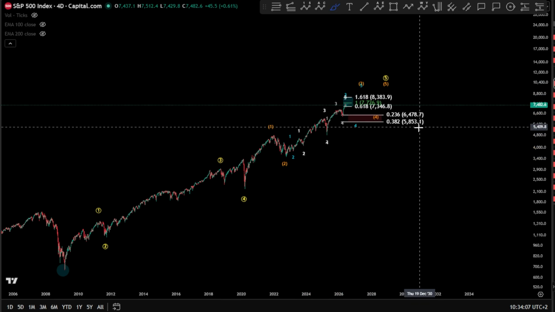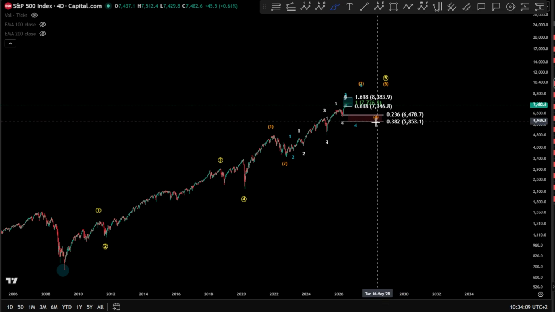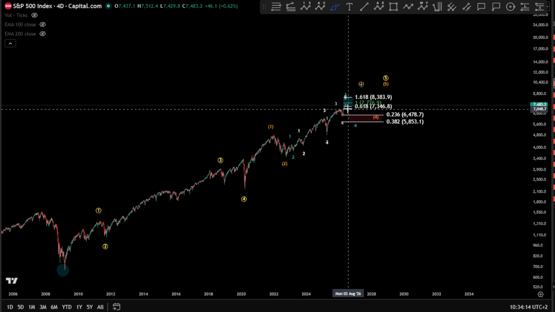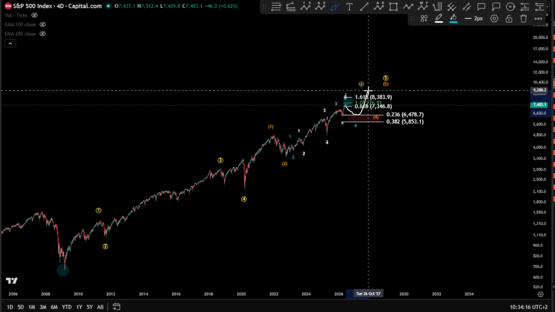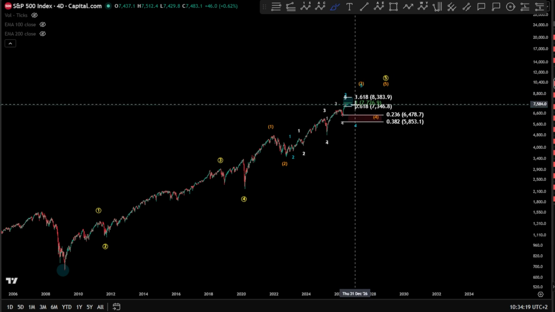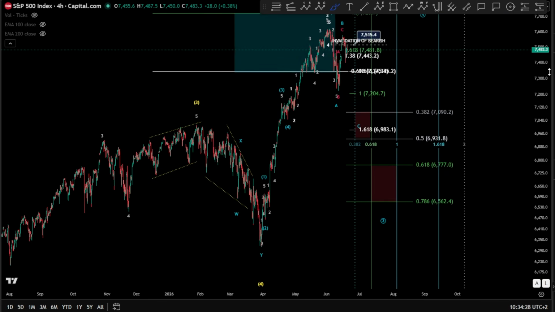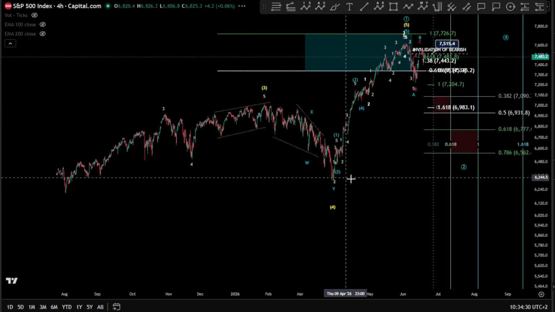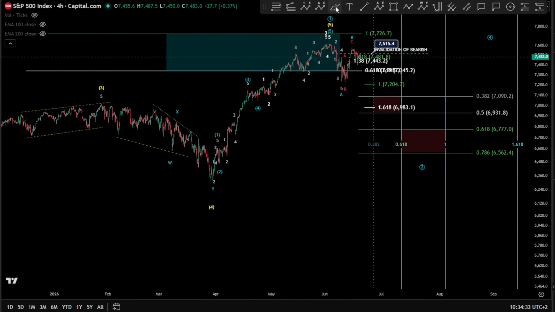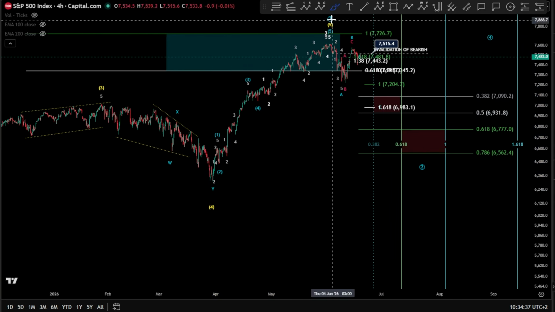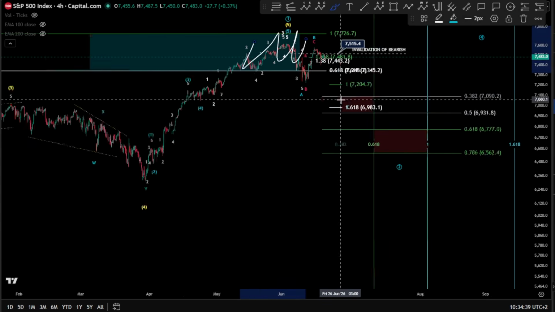So I'm watching the 0.23 minimum target for this wave 4, 6,478. So this can very likely be a wave 4 and a 5 to continue and finish a wave 3, then 4 and a 5 continuation toward the upside. Now, if we dive a little bit inside it on the 4 hours chart here, we can see that this potential scenario for an extension is also being evaluated or tested. So if we have 1, 2, 3, 4, and a 5 finished here perfectly in our blue zone as expected,